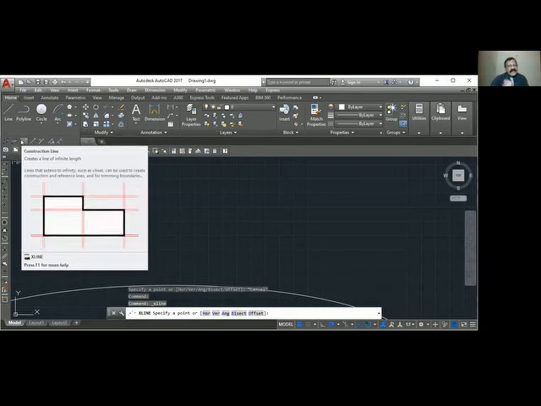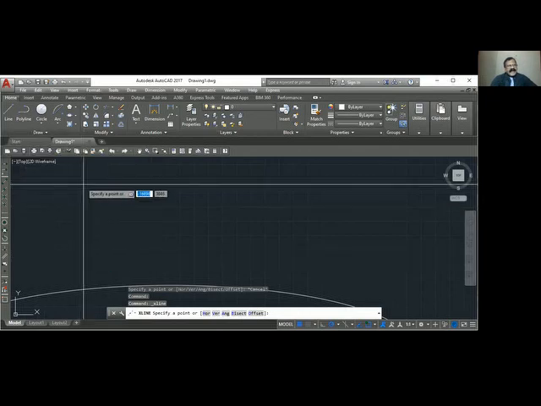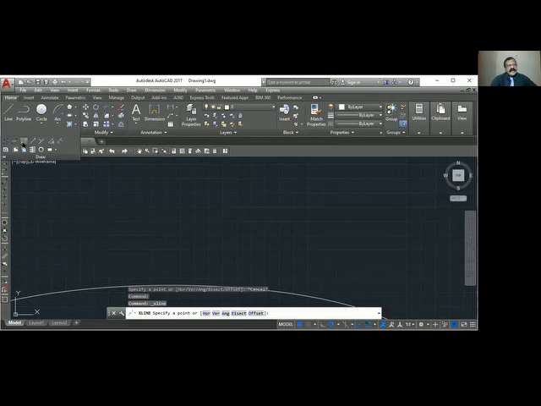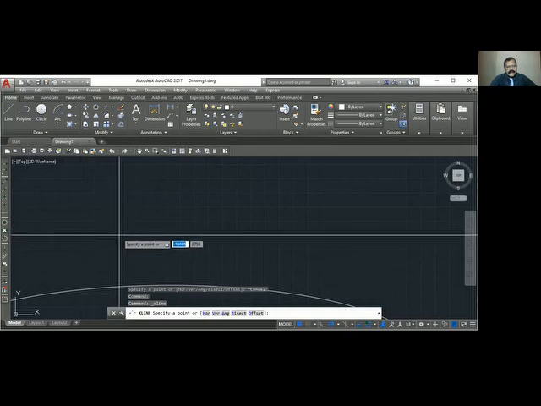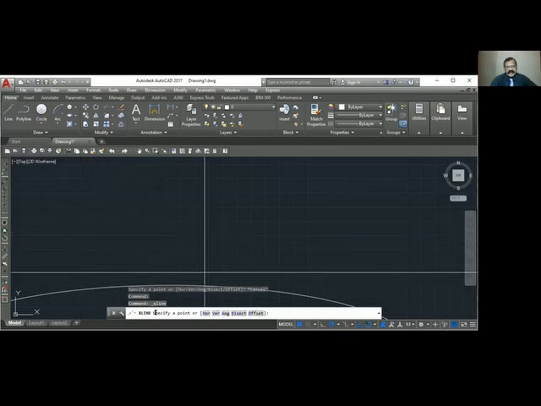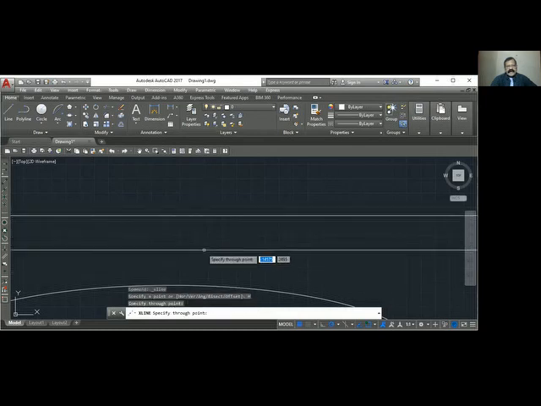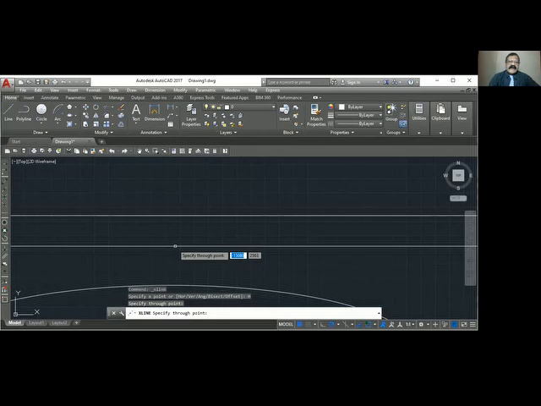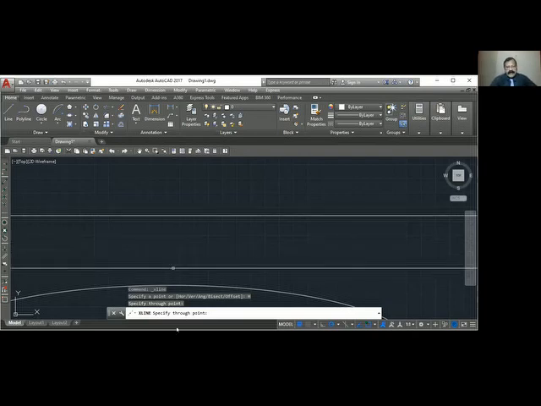You can see this is an infinite line, which is used to draw drawings, site plans, and other things. The command is XLINE. When I say XLINE, there are many options: horizontal, vertical, angular, bisect, offset, etc. When I use horizontal, you can see a horizontal line. This is an infinite line. Any number of times you zoom, you cannot see the end of the line. So that is XLINE, horizontal.